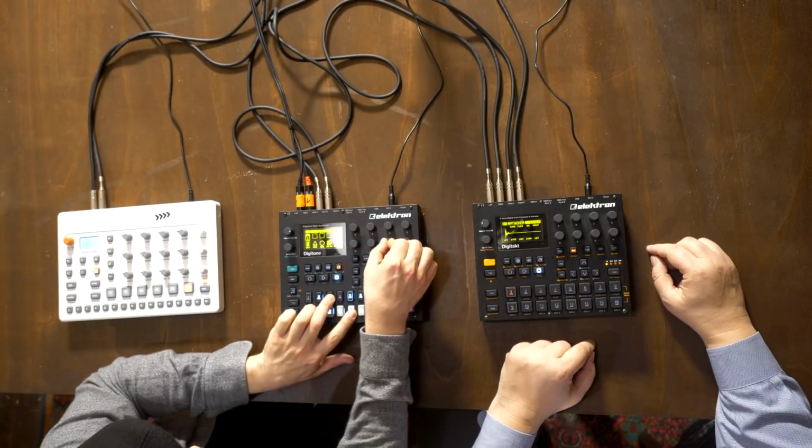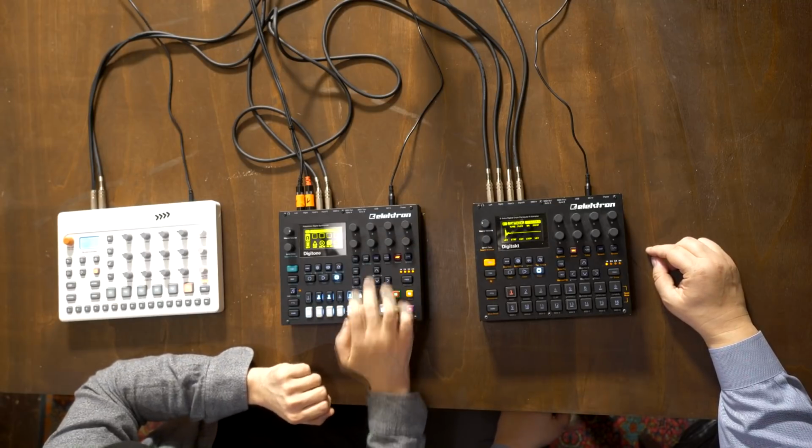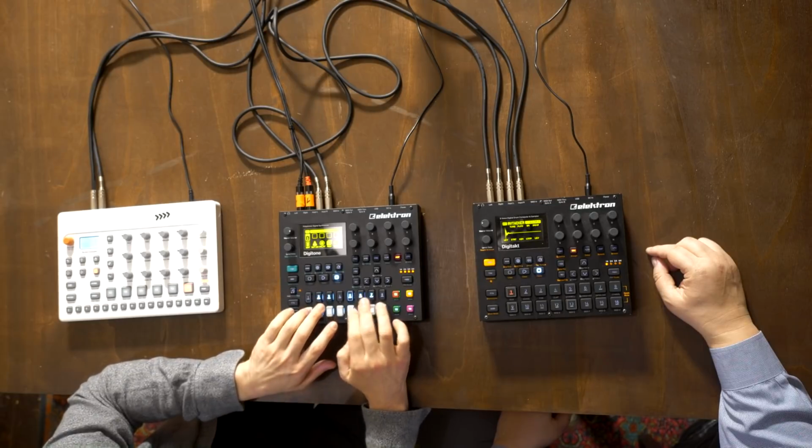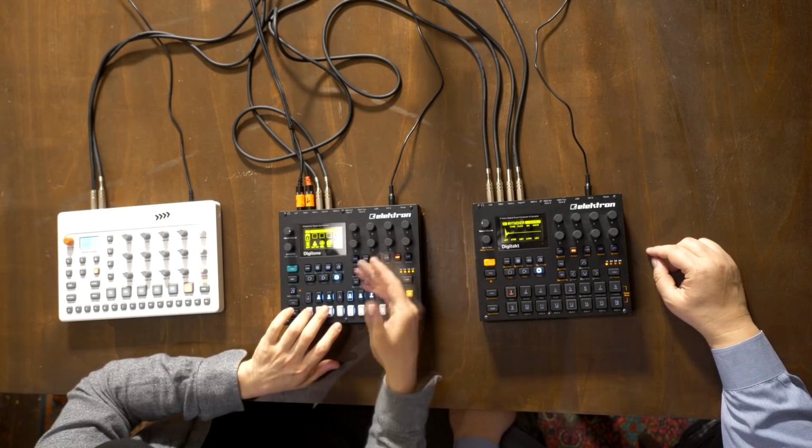So let's try the effects. And this is some chorus. I cranked up all the effects, so it's not audible, but